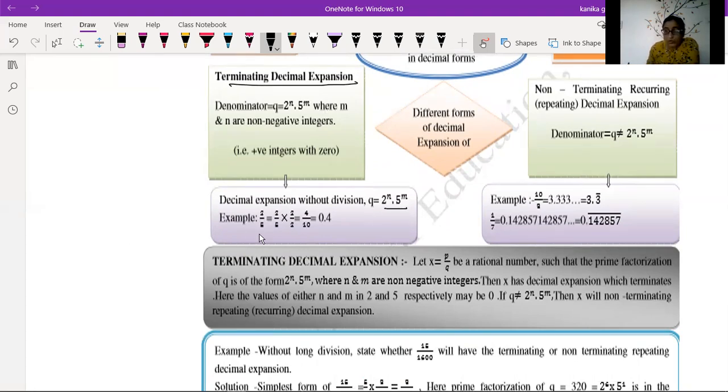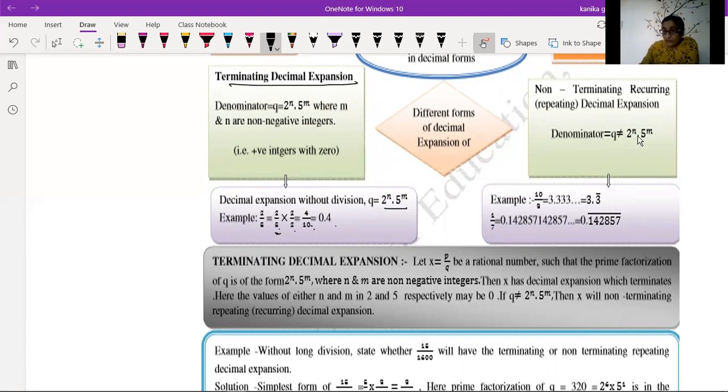Now we have the number 2 over 5. Here the denominator is equal to 5. Now we represent this in decimal form. First of all, we convert the denominator into a power of 10. Here the number is 5. You have to make the denominator 10, so multiply and divide by 2. So we multiply numerator and denominator by 2, so that we get the denominator 10. So we get 4 over 10, and its decimal form is 0.4.